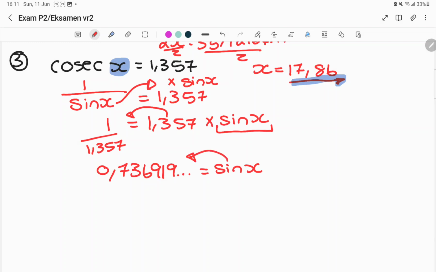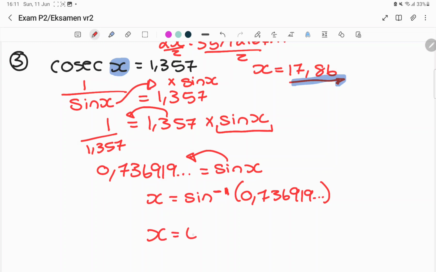It becomes the inverse of sine. So once again, I actually have x equal to shift sin, or sin minus 1, 0,73619, etc. So to put it in my calculator, I'm going to say shift, sine button, put that part in, or you can just use your answer button, and that will give me x equal to